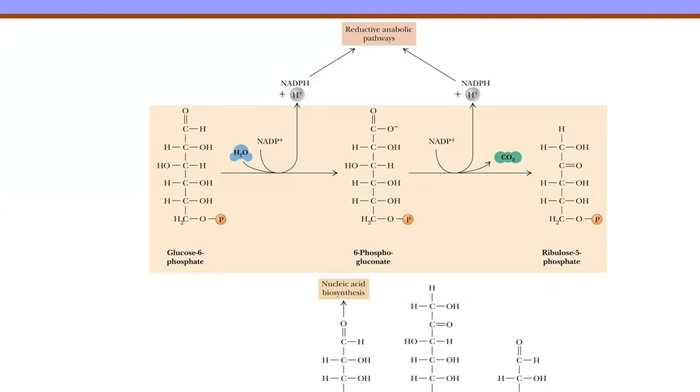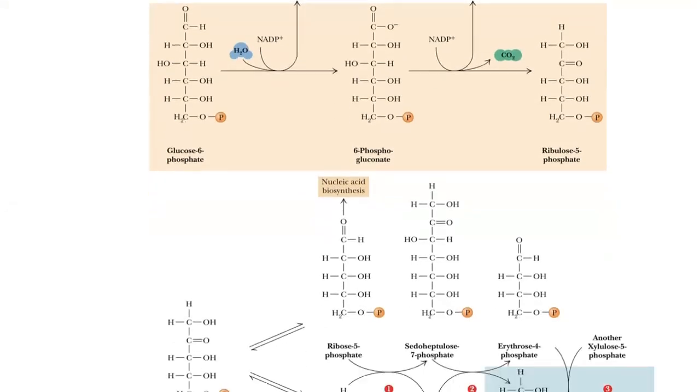So in summary, the oxidative part results in the production of 2 NADPH, which are used in the reductive anabolic pathways, and ribulose 5-phosphate. Ribulose 5-phosphate will be used in the second part, which is called non-oxidative. In the non-oxidative pathway here,